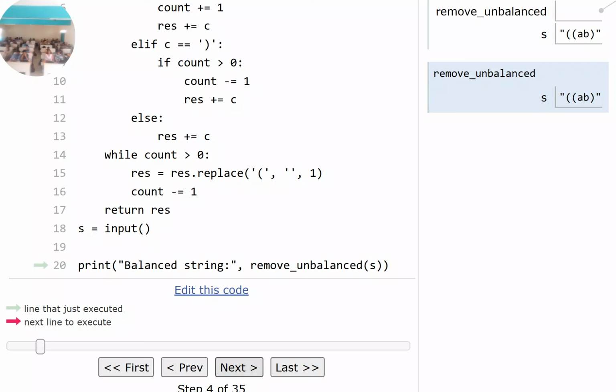So here I want to print the balanced string. So here I am going to create one function, one method. But what is that method? Remove unbalanced of S. Here what is my S? String. Okay, what is my S? That string double bracket AB close bracket. Okay, so next